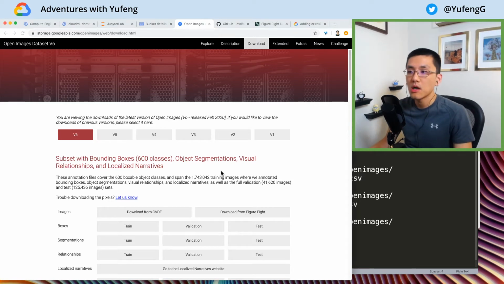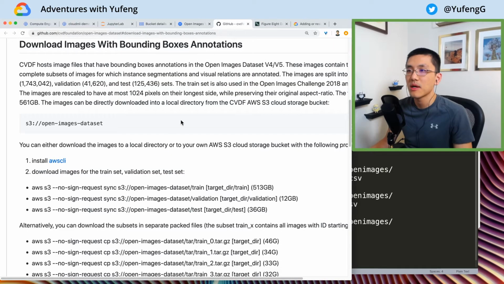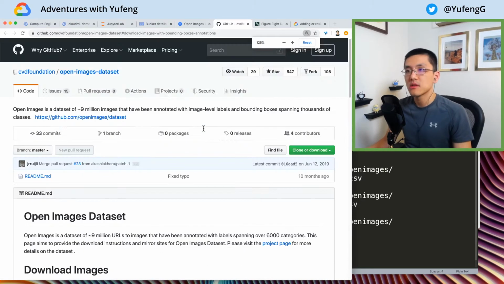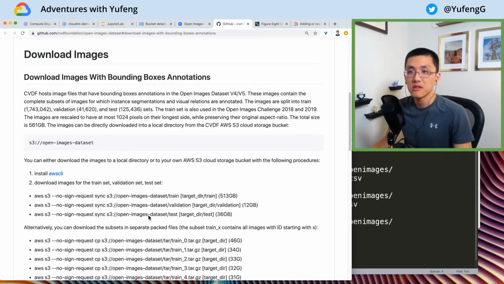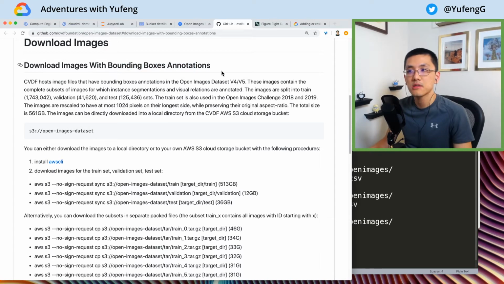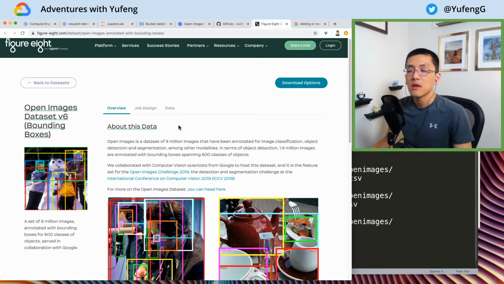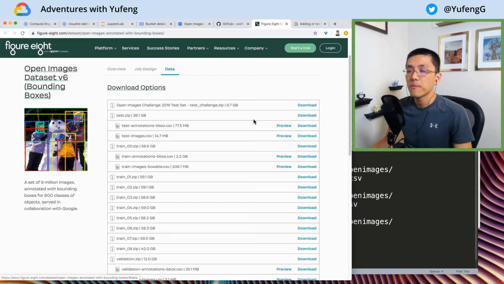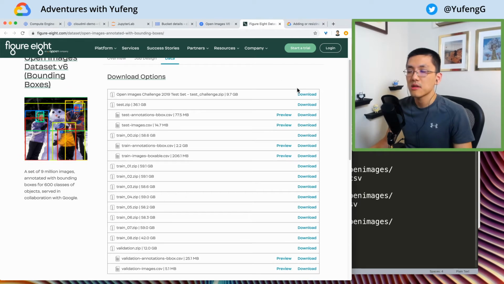So let's work on actually getting our data, right? Let's talk a little bit about that. What does it look like? So our options here are, we have the CVDF, I believe Computer Vision Data Foundation. They posted this GitHub page that describes how you can download the images with bounding box annotations. And Figure 8 also has a hosted version of this. I'm going to choose in this particular case to go with the Figure 8 option just because they have direct download links to the zips, and it